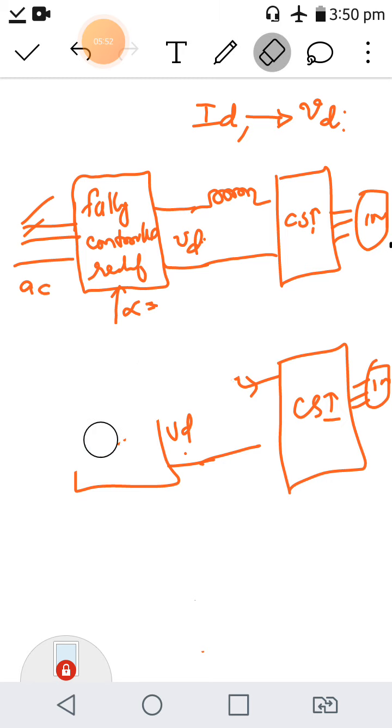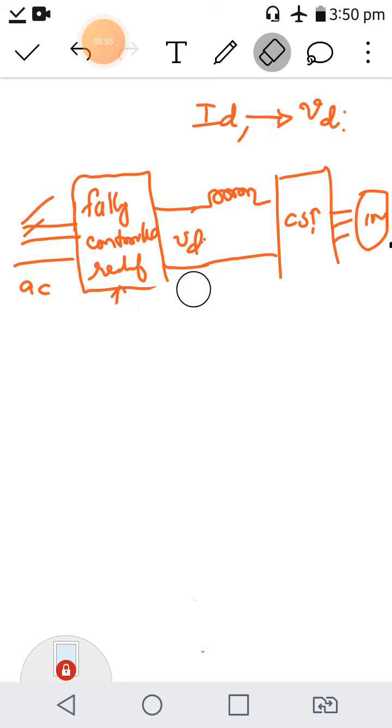Now we have studied the closed loop operation of the VSI fed drive. Similarly, here is how the closed loop operation of CSI works. As I mentioned in that video, what is the meaning of closed loop operation? You have a set speed. Whether the load varies or not, even if you vary the load, you have to bring the speed back to your set speed. The machine should always rotate at this set speed. That's the meaning. It's actually the speed control scheme. So in closed loop control, how do we achieve that if we are using a CSI? That is the closed loop operation of the CSI fed drive.